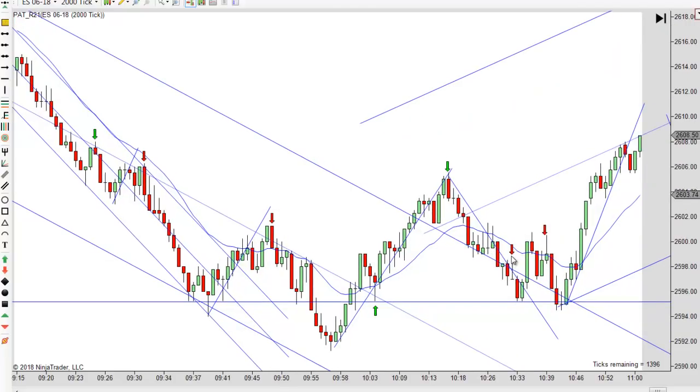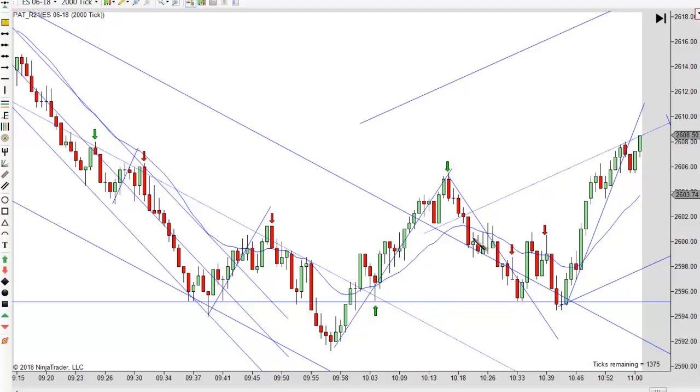You get your failed second entry long right there, and it's holding on that trend line, which confirms it. At this point, you figure as long as you've got enough room to get out, you're probably good taking it. And you actually have a tick or two to spare there, and it bounces, and then you get a second entry long right there, or a high or low, I guess I should say, and it ends up going right back into that resistance.